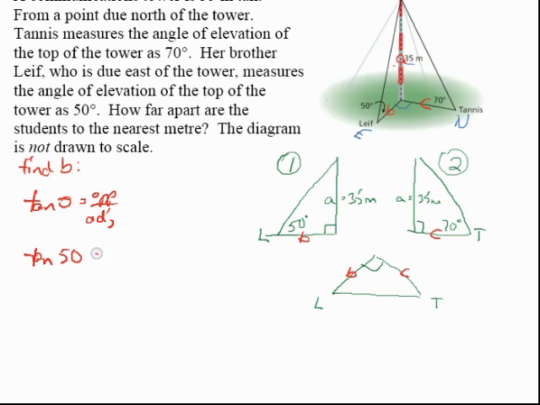Tan 50 equals 35 over B. B equals 35 over tan 50. B equals